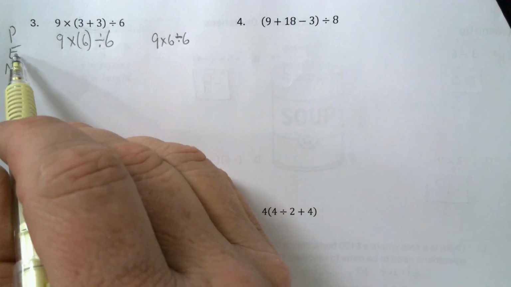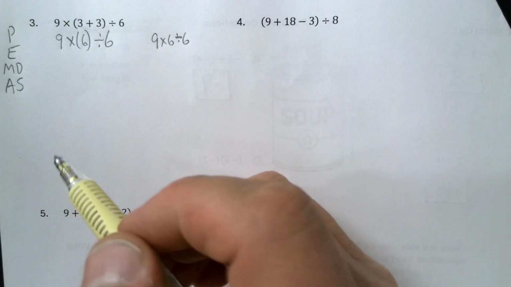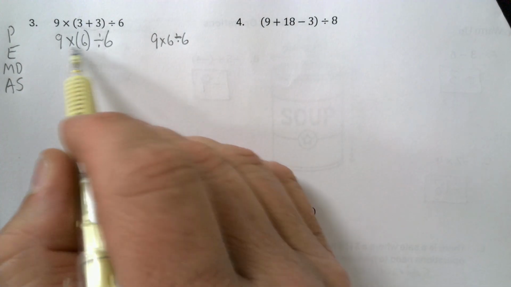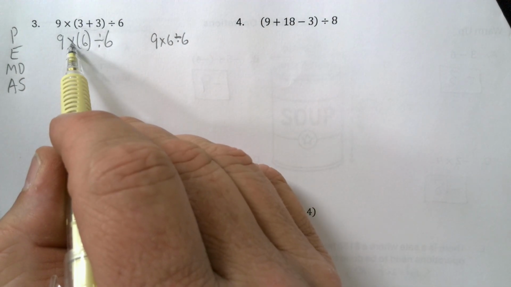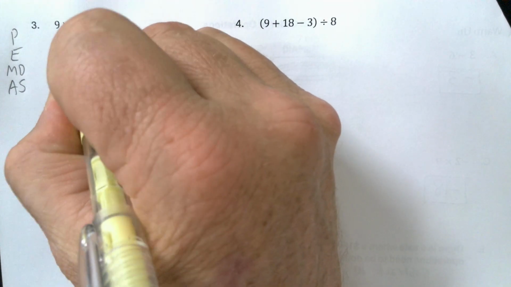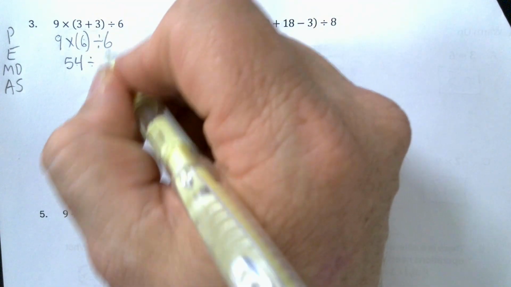Then what do we do next? There are no exponents. Now it's multiplication and division. Well, we have both. Which one do we do first? Well, we go left to right. Which one occurs first? The multiplication occurs first. So we're going to do 9 times 6, which is 54. And so notice, I write this down, and the 54 goes right below it, and then bring down the divided